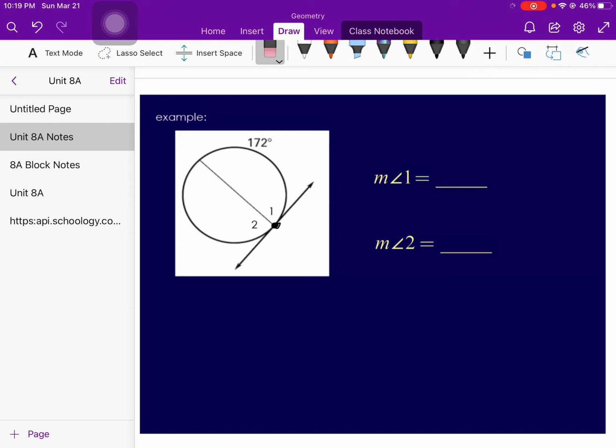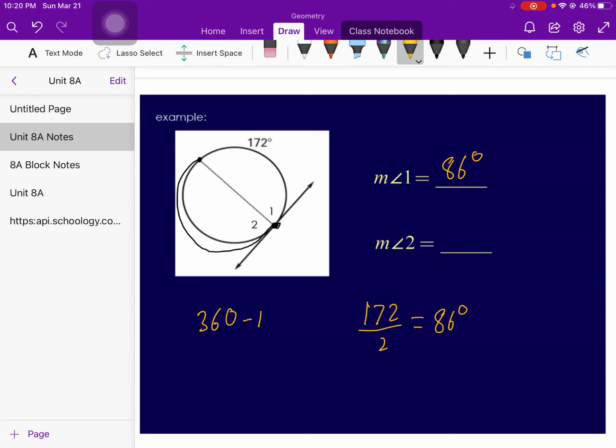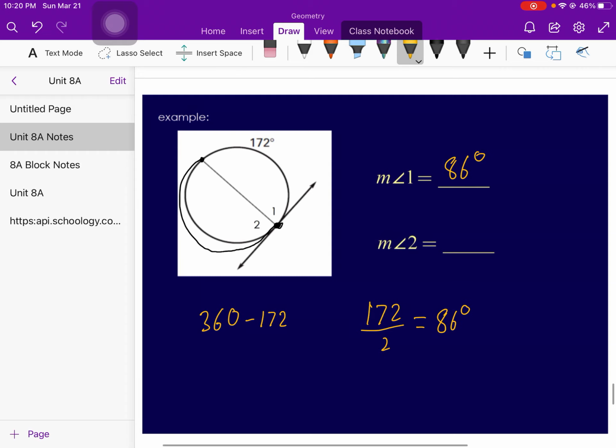So all that we have to do to find the measure of angle 1 is to take 172, divide it by 2, and we're going to get 86. So it's just half of that corresponding arc. Now, the measure of angle 2 is a little different because we don't know what this arc over here is. We need to figure out what the value from that point here to this point over here is. So we know that the other part is 172, so we could do 360 minus that 172, and that is going to give us